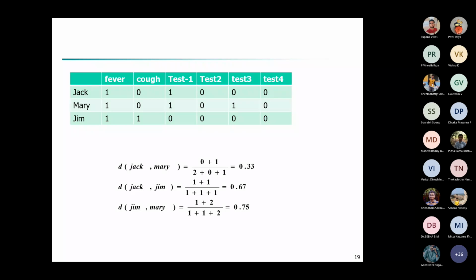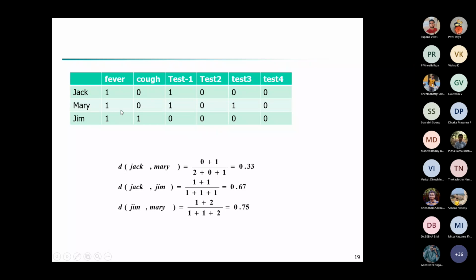It's okay, tell me. You counted something else. What did you count? Student: I counted this one, ma'am. Jack fever and Mary fever. Test 1 and test 3. Jack fever is 1 1, no? Yeah, ma'am. And I counted test 1 and test 3 also. Okay, but test 1 is 1 1.